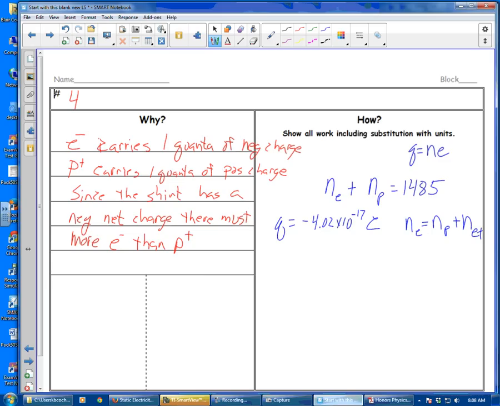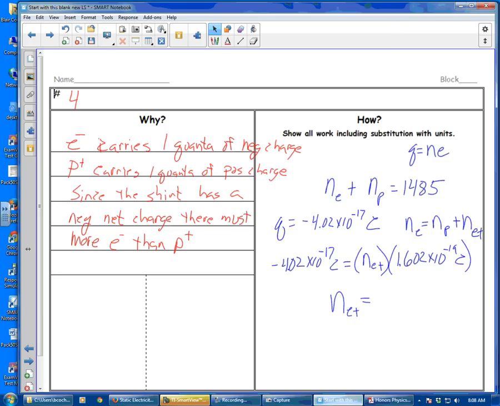Now I'm going to substitute in negative 4.02 times 10 to the negative 17th coulombs equals NE plus times the charge each one carries, which is 1.602 times 10 to the minus 19th coulombs. And I get an NE plus value of, let's see,